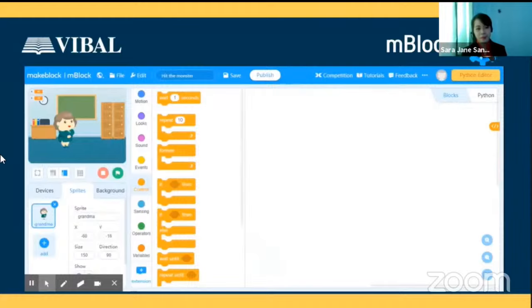Okay, so additional points for us would be, paano naman kung si teacher actually pwede rin siya matuto ng basic programming using mBlock. And ito naman, this activity would be used by the teacher for frontal discussion of a subject or a lesson in mathematics. So for example, ang activity natin is addition.